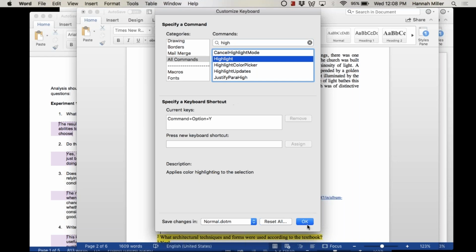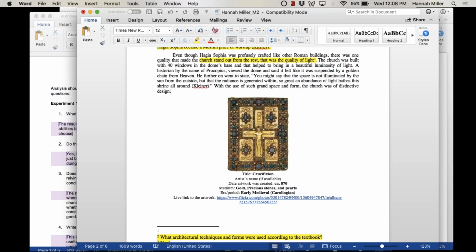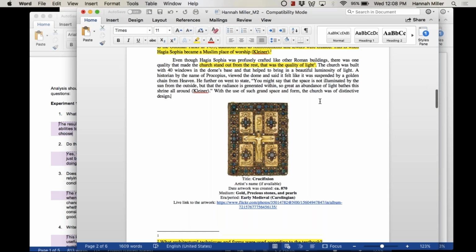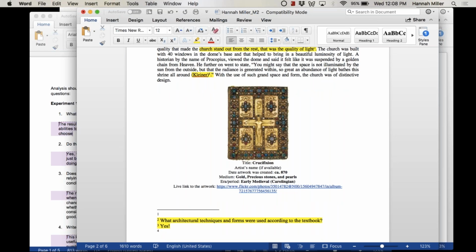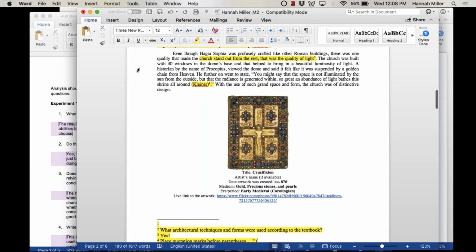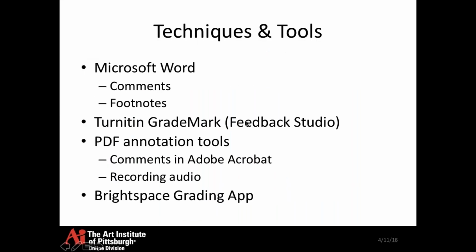And so I've been doing this for a number of years, and it's like second nature to me, and it goes so quickly. Highlight, footnote, place quotation marks before parentheses, right? And then highlight. Okay, going back to the slideshow,